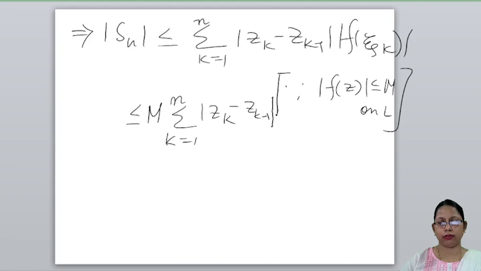This is modulus, bracket. Now taking the limit as n tends to infinity,